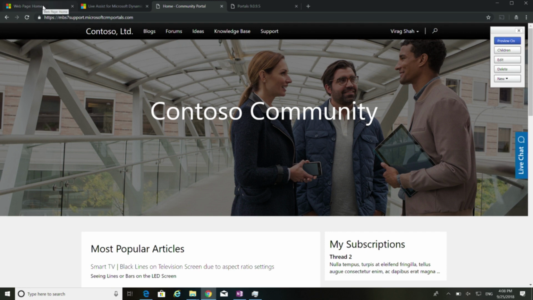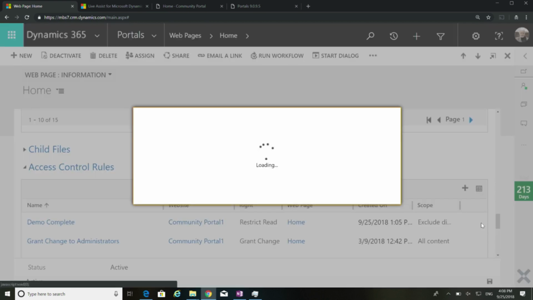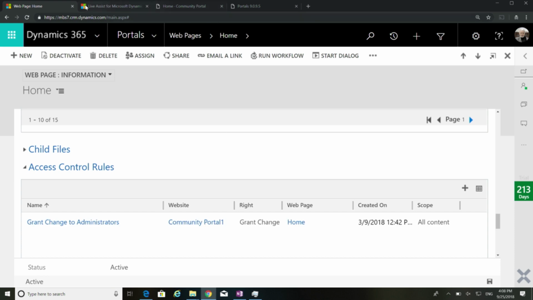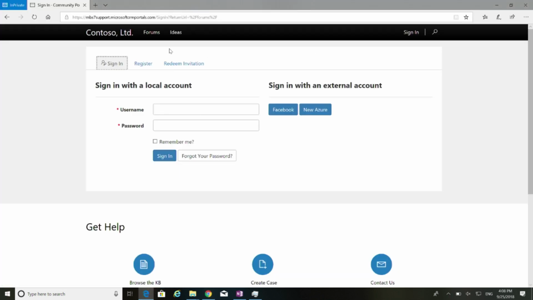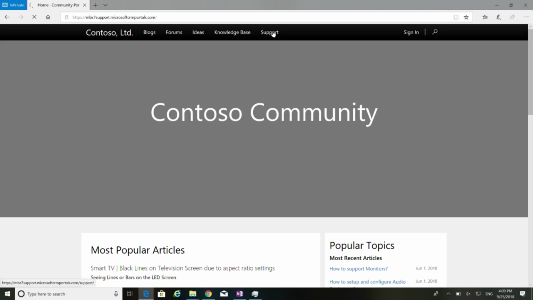So first, let me go to my home, remove my access control rules, so my website becomes anonymous again. Then load it. Go to the support page.